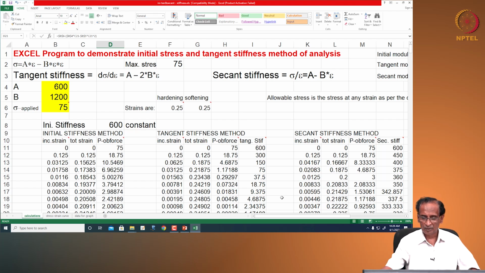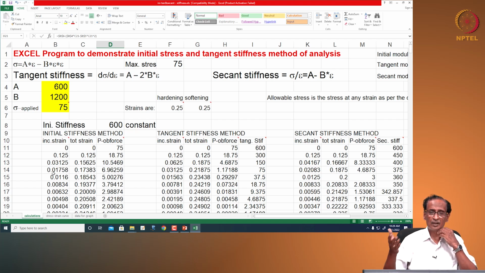And both secant stiffness and initial stress methods are very stable, and the initial stress method is very fast, because we are not reformulating the stiffness matrix, and the tangent stiffness method is very slow, because at each and every